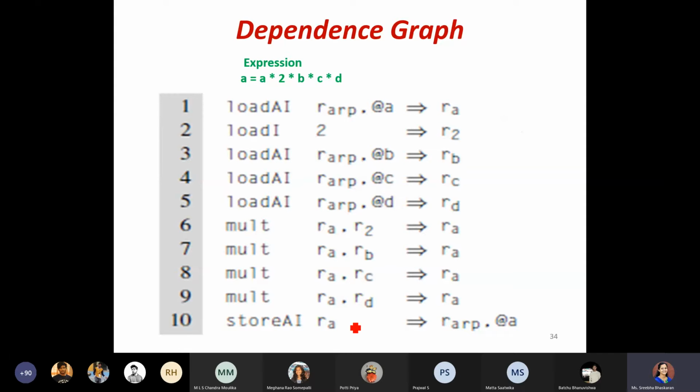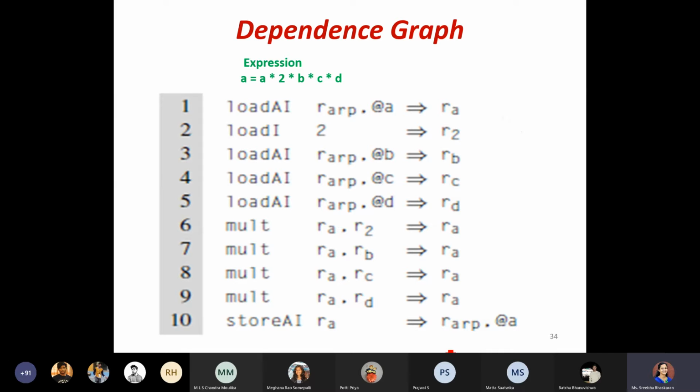For that purpose, we are making use of the store instruction. So store RA, which is the value of register RA, into the location of A. From the starting address location of memory, RP, plus the location of your variable A. At that particular location, store the content of register RA. So this is the instruction. For your given expression, this is how your assembly code looks, right?